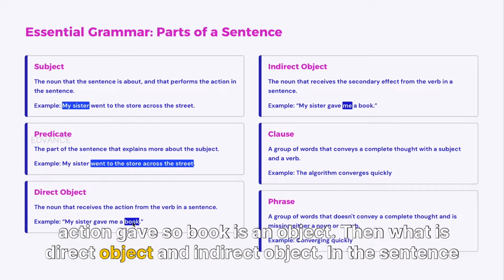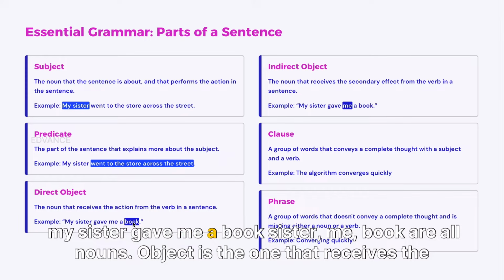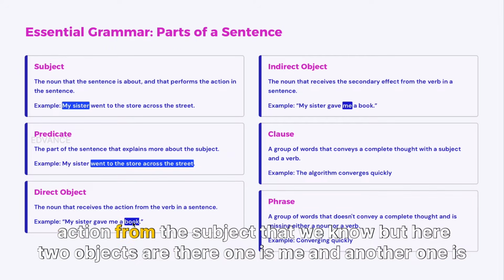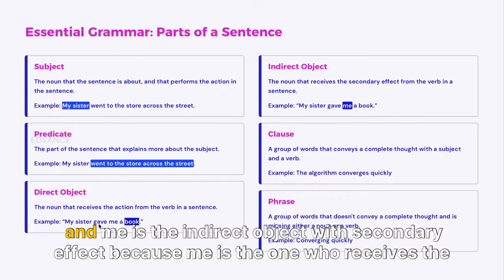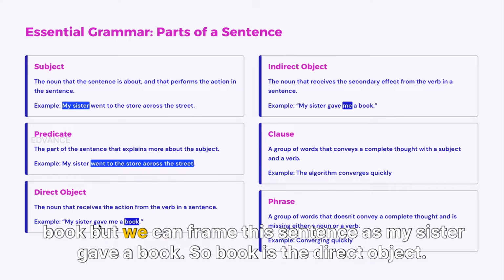Then what is a direct object and an indirect object? In the sentence, my sister gave me a book, sister, me, and book are all nouns. An object is the one that receives the action from the subject, that we know. But here two objects are there, one is me and another one is book. In this, book is the direct object which receives the main effect of the verb gave, and me is the indirect object with secondary effect, because me is the one who receives the book, but we can frame the sentence